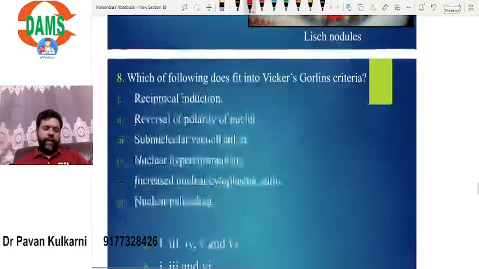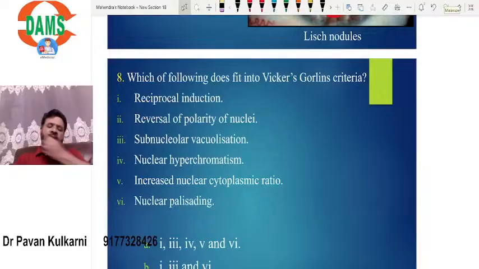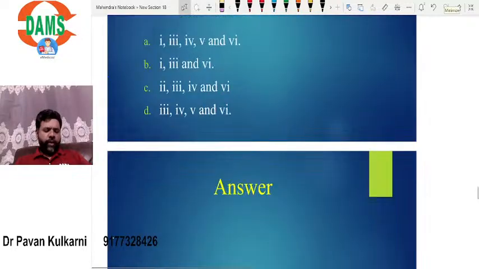Okay, let me move on to the 8th question here. The 8th question is, which of the following does not fit into Vickers-Gorlin criteria? Now, what is Vickers-Gorlin criteria? Vickers-Gorlin criteria is a criteria for ameloblastoma transformation. That is, if we have to see whether one particular cyst is getting converted into ameloblastoma, it has to satisfy these Vickers-Gorlin criteria. Basically, if you see here,